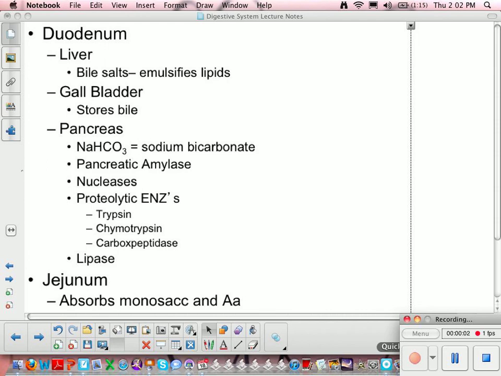Okay, these are going to be digestive slides 21 through 23. We're going to pick up in the duodenum,